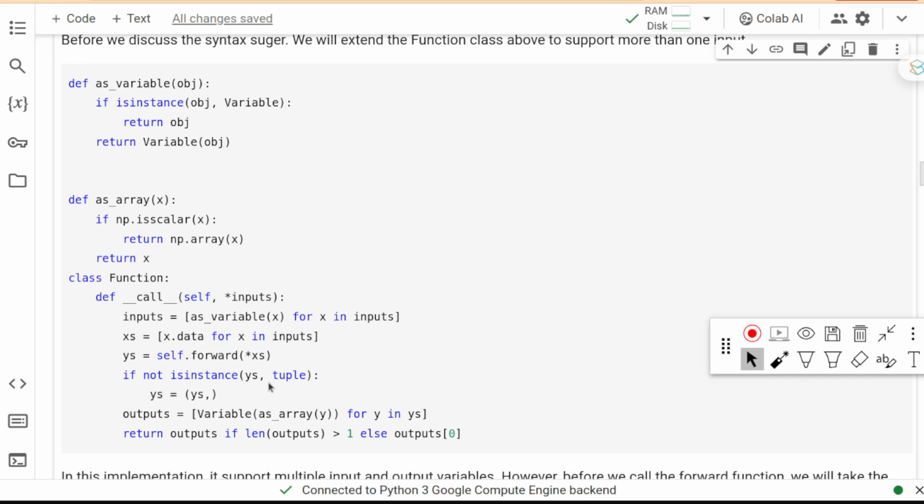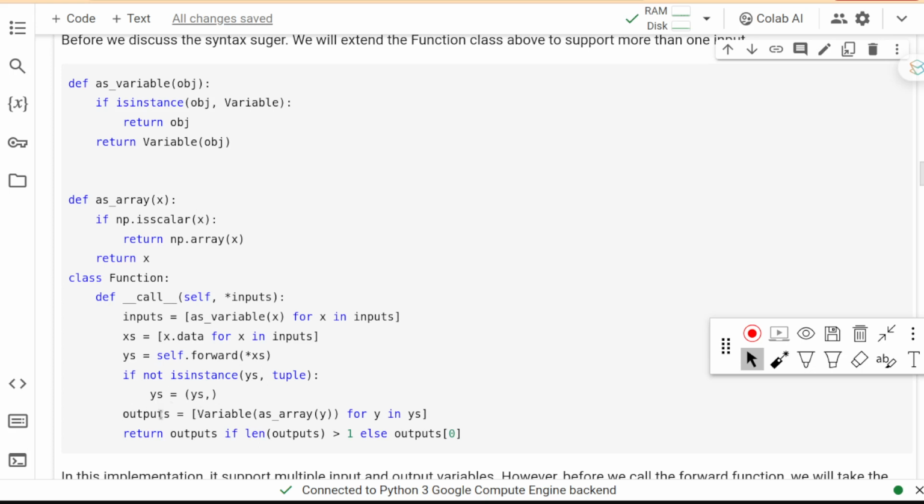So we need to check if the return value is a single variable or a tuple with multiple return values. If it's not a tuple, we need to make it a tuple with only one element inside it.